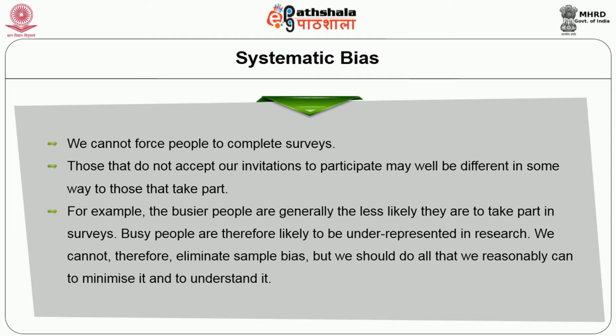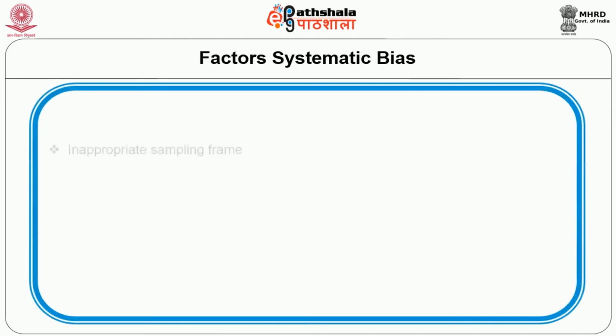For example, the busier people are generally the less likely they are to take part in surveys. Busy people are therefore likely to be underrepresented in research. We cannot therefore eliminate sample bias, but we should do all that we reasonably can to minimize it and to understand it. Usually, a systematic bias is the result of one or more of the following factors: